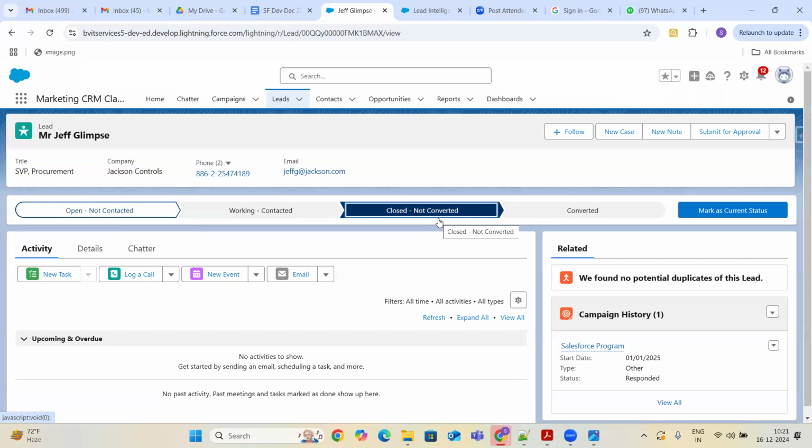Or I don't want to purchase any plots, I don't want to invest in your things, or I don't want to take insurance policies. Generally, these are the calls we always get from anonymous numbers, right? So whenever we say we are not interested, they make it closed, not converted.